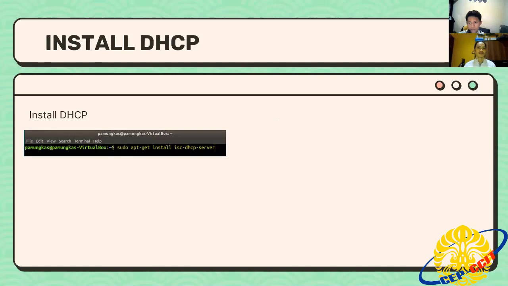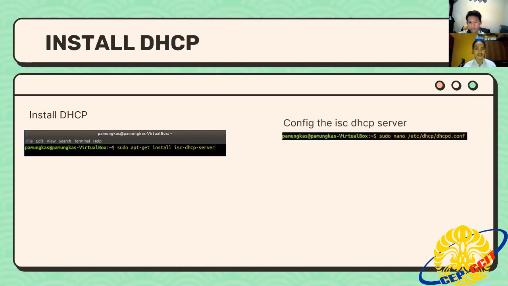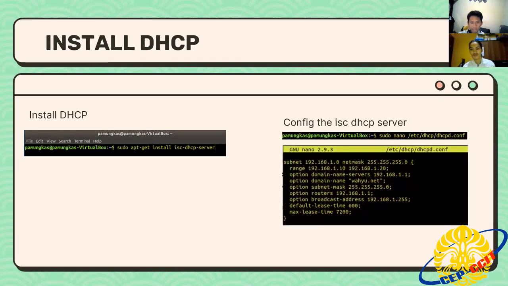Okay, first we install DHCP. We can install DHCP using sudo apt-get install dhcp-server in the terminal. And then we configure the DHCP server using sudo nano /etc/dhcp/dhcp.conf.